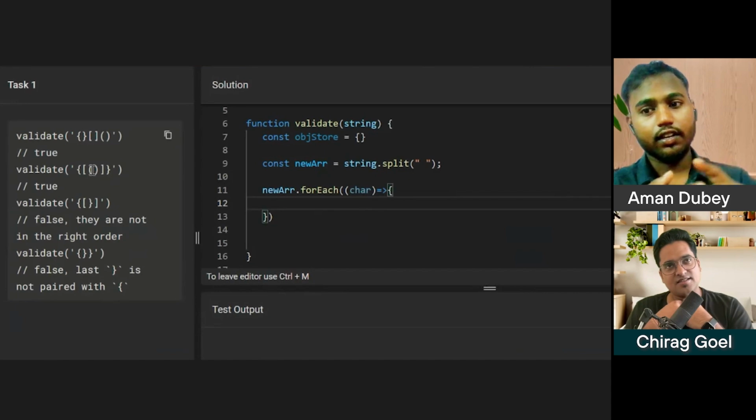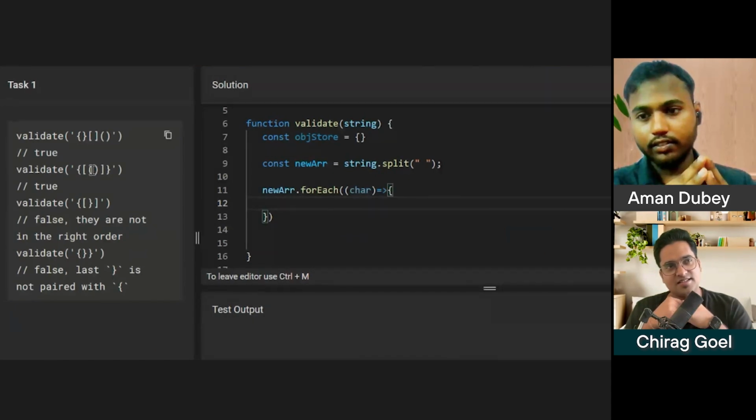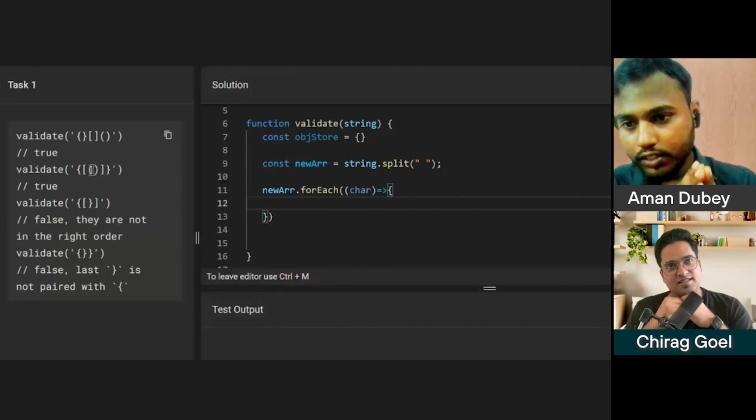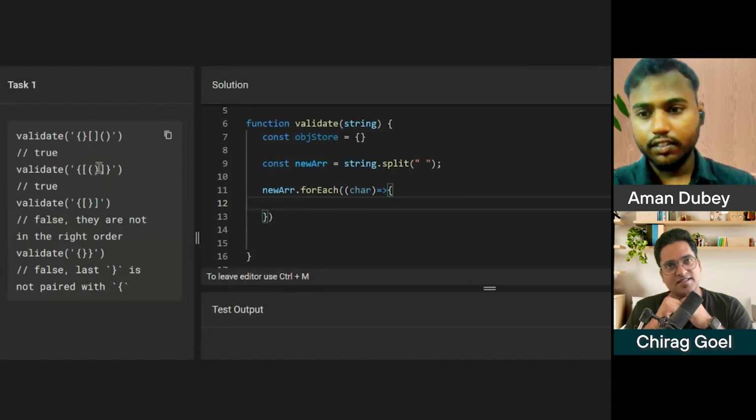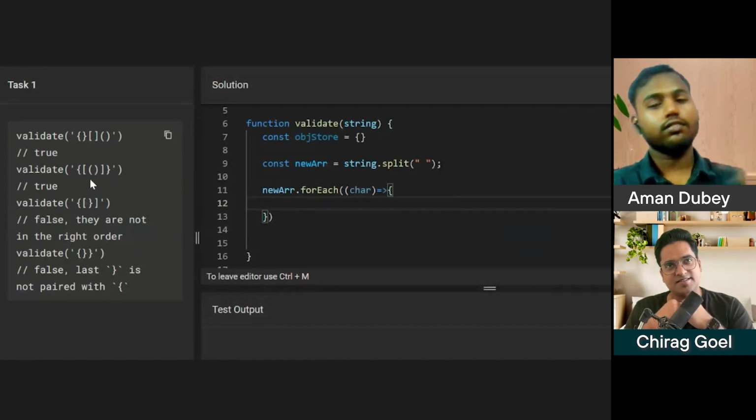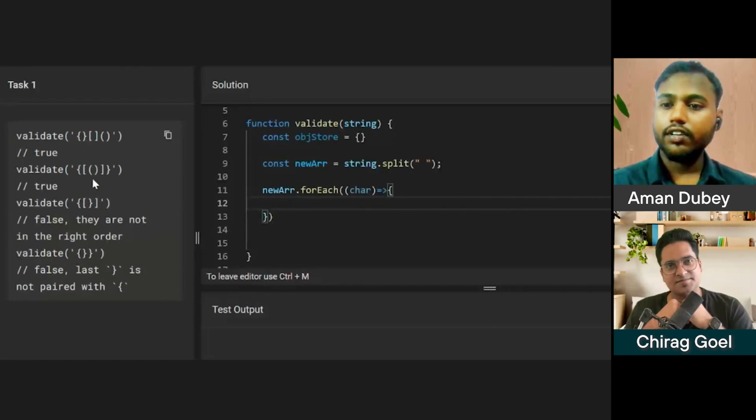If it is the same, then we can achieve this functionality, I think. If something breaks in this, then it is false. If it matches everything, it will return true.